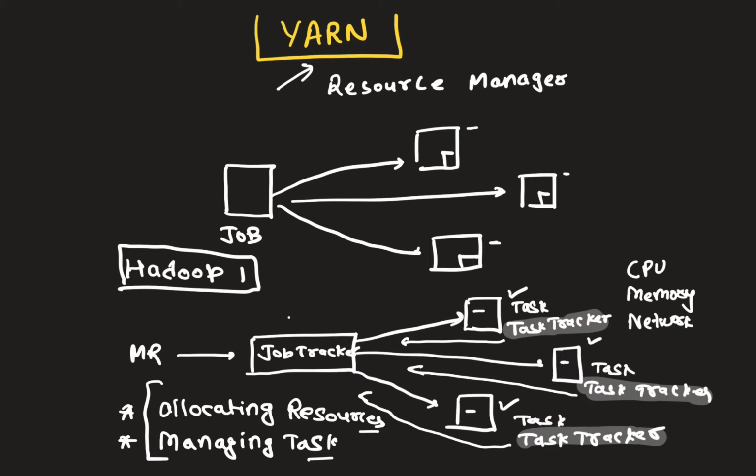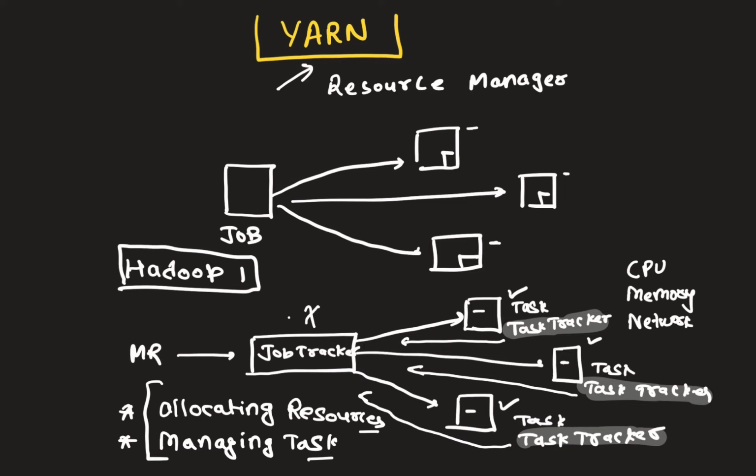So job tracker is not a scalable approach. Somewhere there will be a limit hit when the job tracker process will break down, and it will say that now it cannot handle more jobs, more resources, resource management, and it cannot manage more tasks. So job tracker becomes a bottleneck in Hadoop 1, and that is where the solution came into